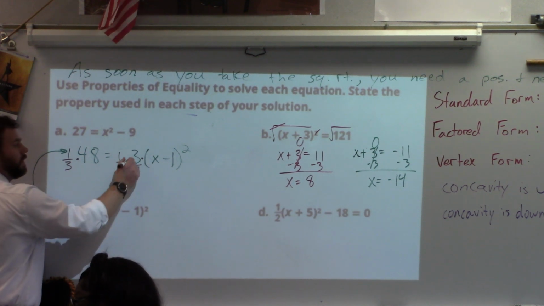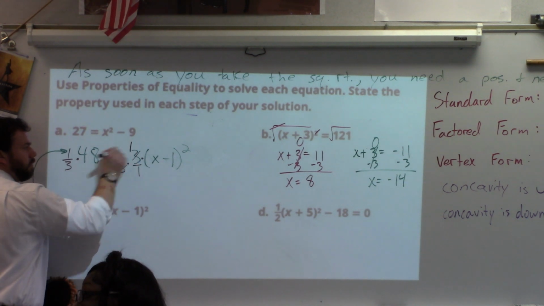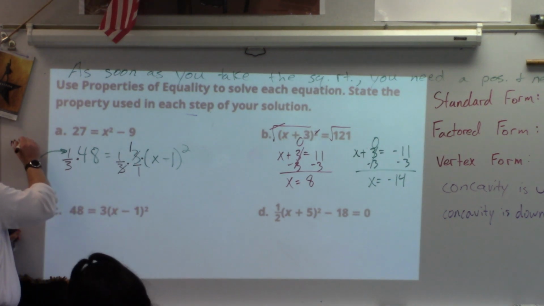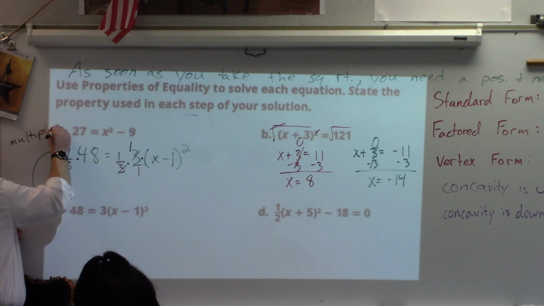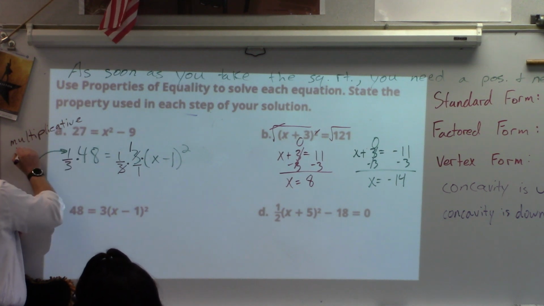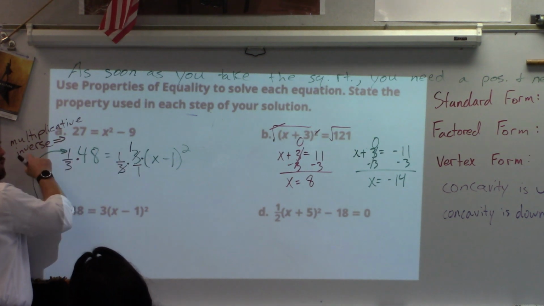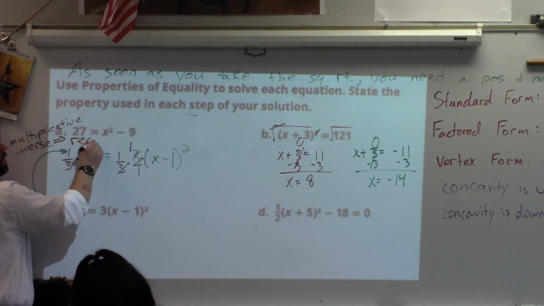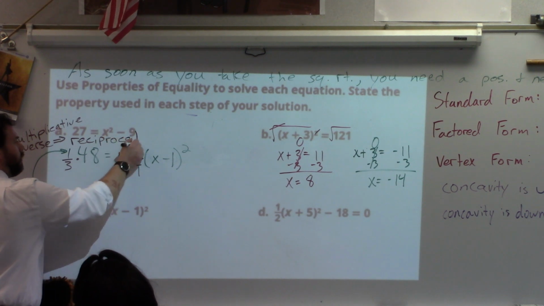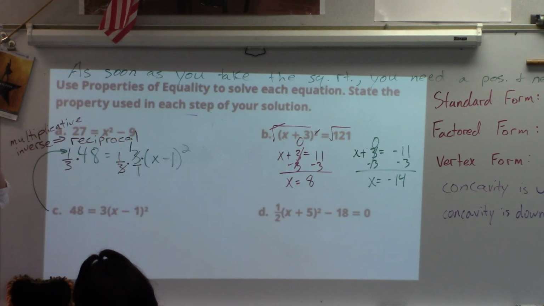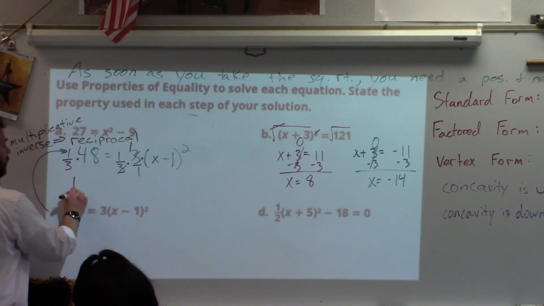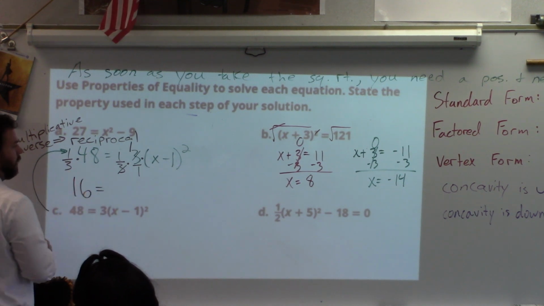So, the whole point though is 3 divided by 3 is 1. By the way, if you didn't already know that, I would make this note. Multiplicative inverse. There's one, well, not the identity, the identity is 1. What's the name of the inverse though? Reciprocal. Right? When you talk about that multiplicative inverse, you're talking about that reciprocal. Okay. So, 1/3 of 48? Oh, 16. 1/3 of 48, we should have already done it, right? 16 equals,